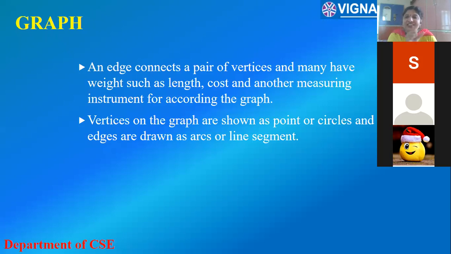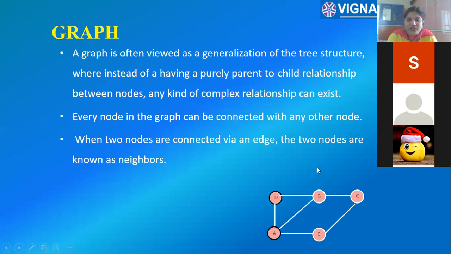Connecting vertices is what we call an edge. An edge is the connecting of a pair of vertices. Two vertices are being connected by an edge. If you see a graph once, then you can clearly understand here. So here the vertices are being labeled with alphabets. You can label the vertices by means of anything. Here the vertices are being represented through circles.